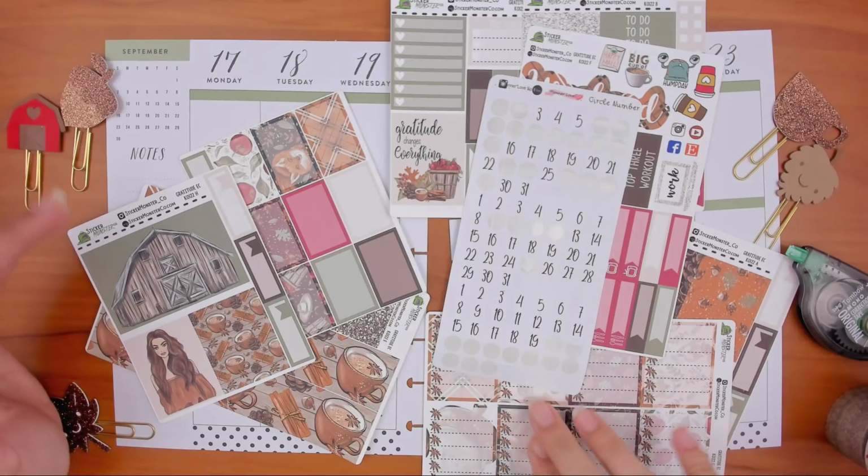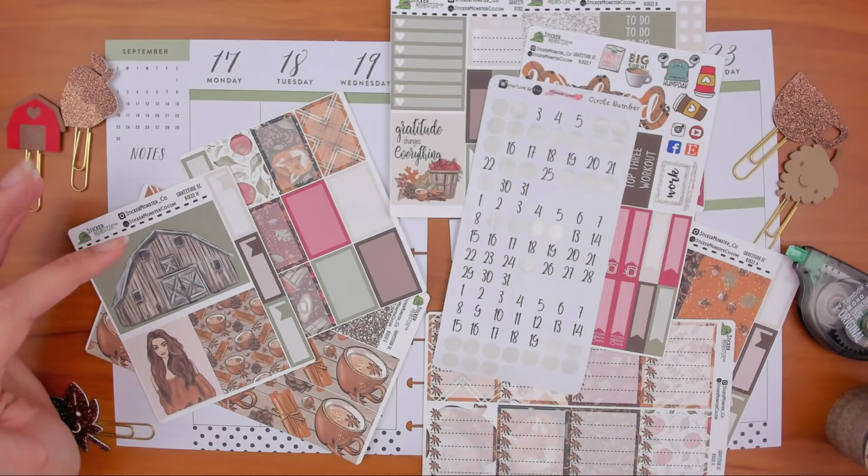So this kit is from StickerMonsterCo. One of the reasons I chose it, besides it having foxes and coffee and apples, which are some of my favorite things,